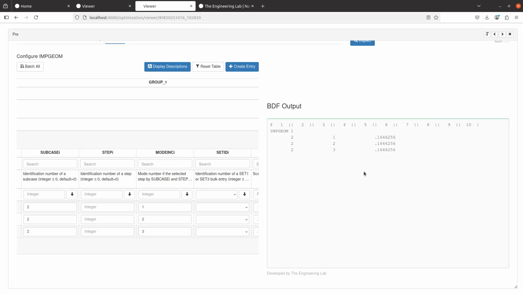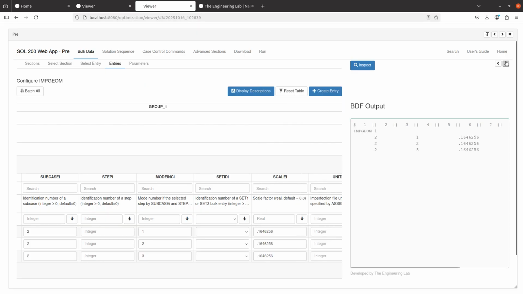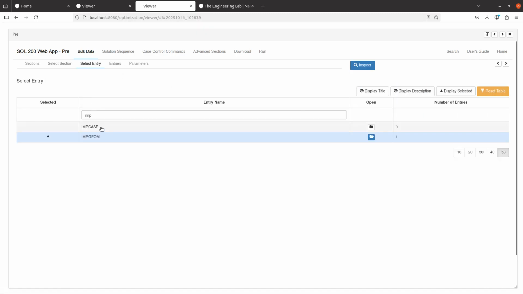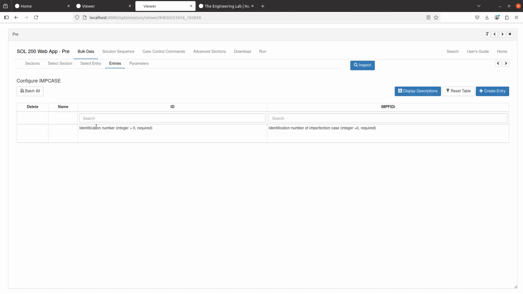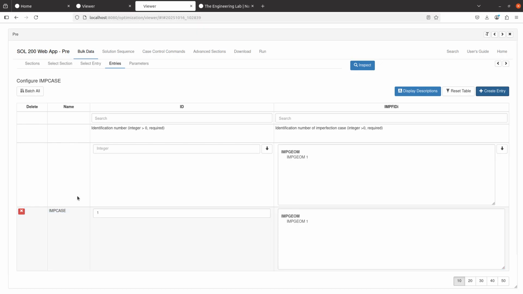And now if we look at the right side, this is what that entry currently looks like. Now, we need to use this geometric imperfection in this analysis. So how do we do this? We first create an imperfection case entry. So we'll go back to select entry and click this row, imp case, and we'll create an entry here. The imp case is like a basket. We are going to take all the imperfect geometry entries we've created, and we'll add them to this case basket,